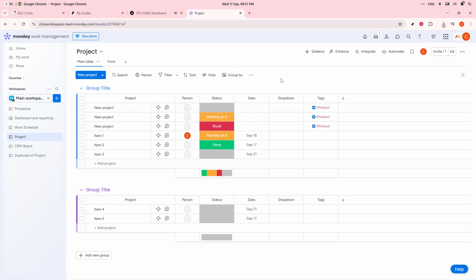By integrating these steps and tips into your use of Monday.com, you'll be well on your way to utilizing tags effectively, making your project management processes more intuitive and organized. Happy